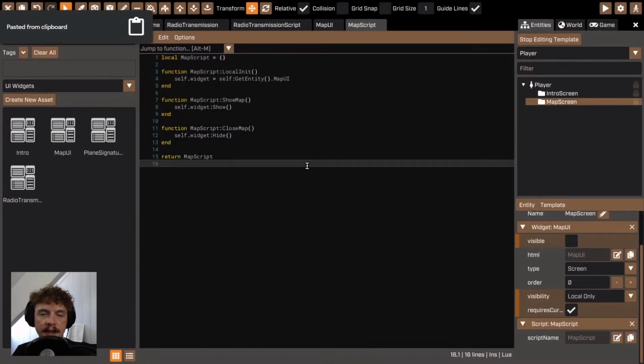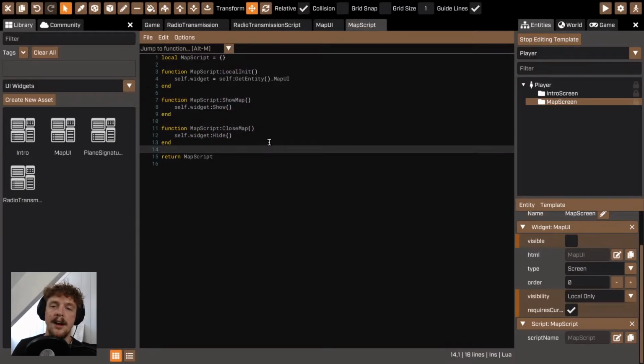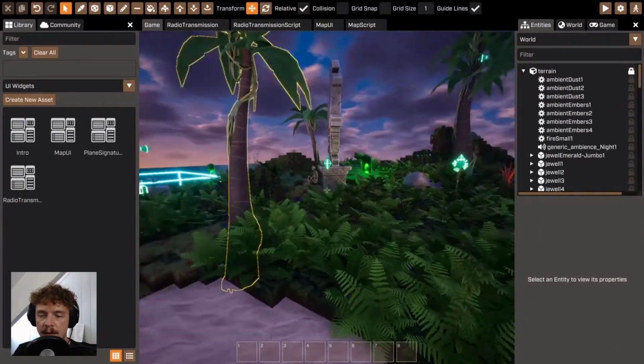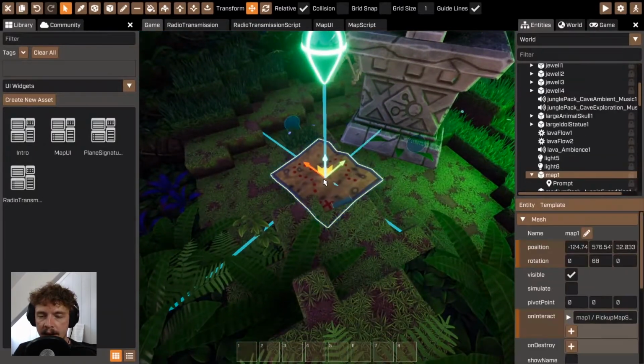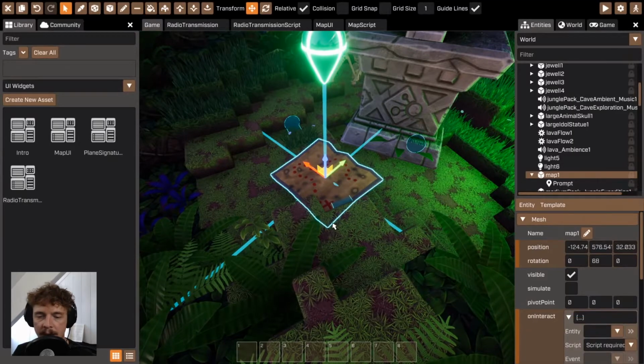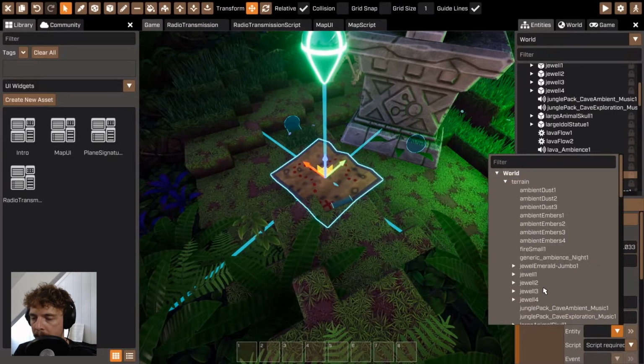So this is literally just going to get hold of the widget when the local game initializes. So when the client's machine has said, yep, I'm up and running, when the player is created, that's when this function is run. And we've added a couple of functions, one that shows the map, one that hides the map. And this is so that we can easily reference it from in the game. Go back to the game. Over to our map, click on that, and when I click the on interact, so when I look at it and interact, I want to go entity,